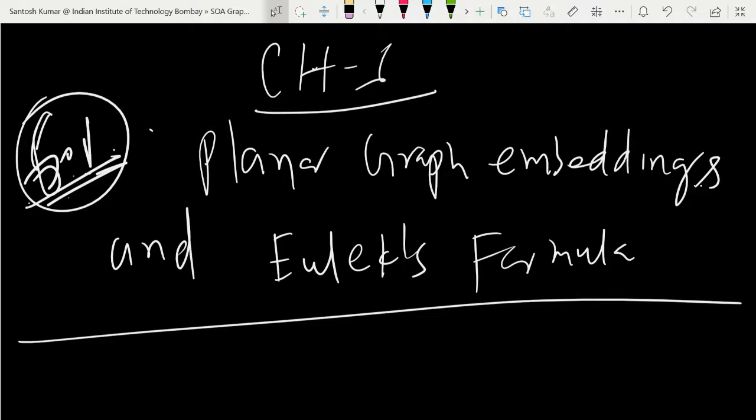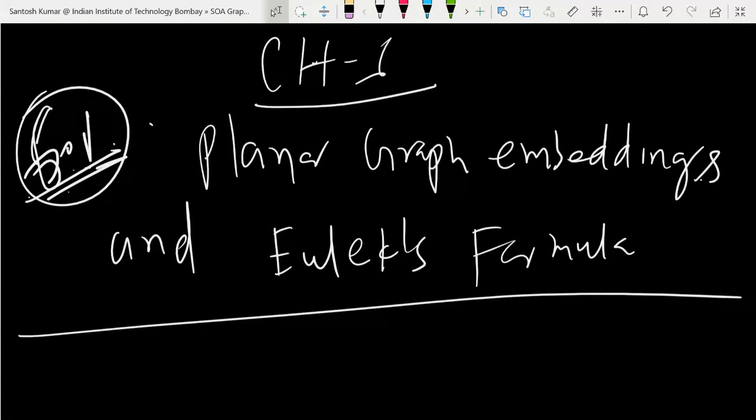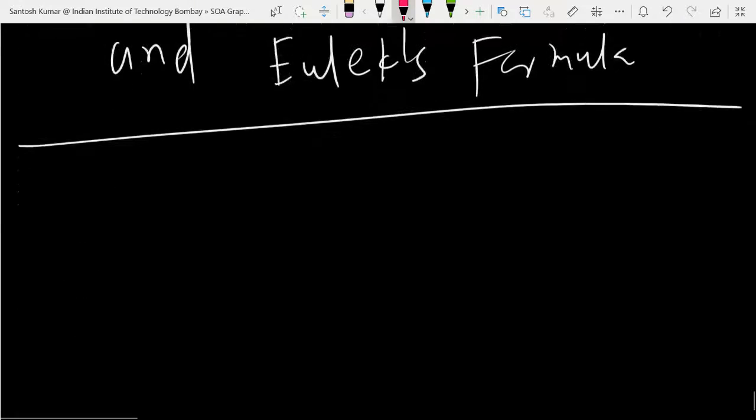No, sir. Okay. So see, in this chapter, what is the motivation behind this chapter? So actually, you see India's map. Okay, so it has different states and union territories. So on India's map, you want to make a map such that each state or union territory, you want to color that in such a way that the two states or union territories sharing their boundaries will have different colors. Okay, so let me make one figure like this.